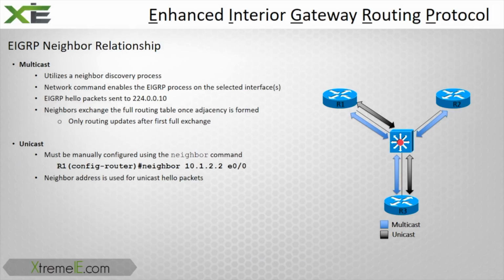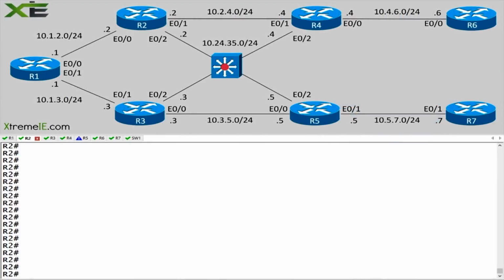So now that we got that out of the way, let's jump into the CLI and actually watch it. Okay, gents, let's get an EIGRP adjacency going across our LAN segment here, maybe between router 2, 3, and maybe we'll even include 4. We will see how a multicast adjacency works, and then we'll switch this over to unicast, and we'll watch how that's going to break one of our adjacencies, whoever we decide not